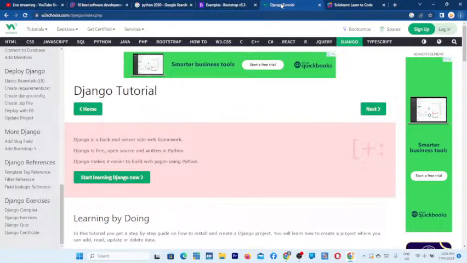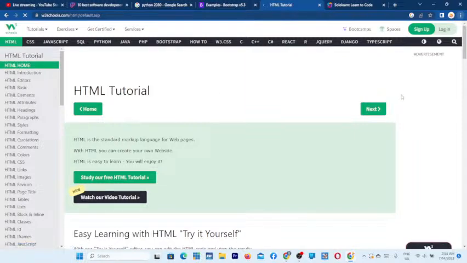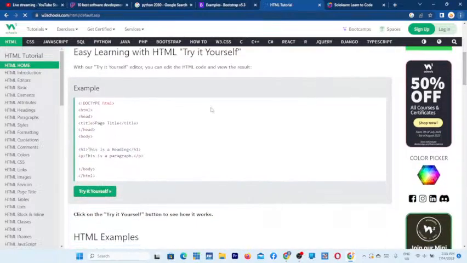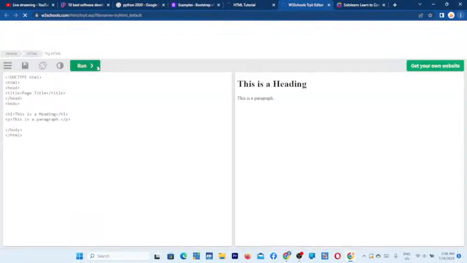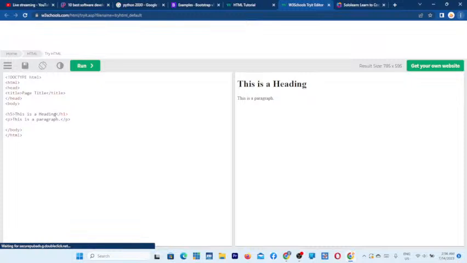And I recommend, if you are an absolute beginner, you can start learning HTML and understand the structures of code. And W3Schools gives a full introduction to everything. And one thing amazing I like about W3Schools also is that they have a free code editor that you can see here, that you can use to test and run the code by yourself. So you can see here, when you run the code, it will just display here, so you can make changes and it displays. For instance, if I change the header now to 6, okay, let me make 5,